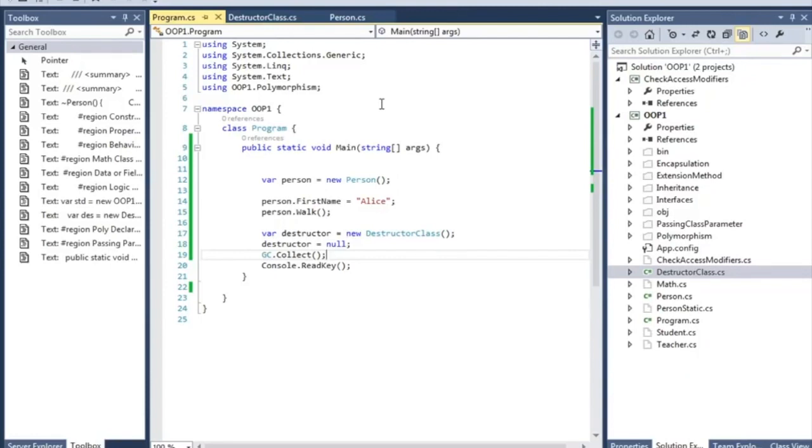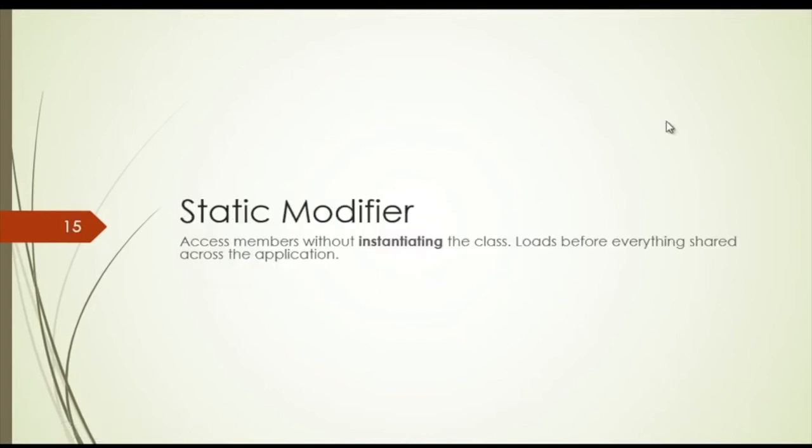Now let's quickly move over to our slides. Static modifiers. We're going to go very deep into this static modifier because the first time I learned it, I had to struggle a lot. So, and in my career, I have seen many people who really don't get the static modifier very quickly. So we're going to go very slow and very detailed in this static modifier topic.